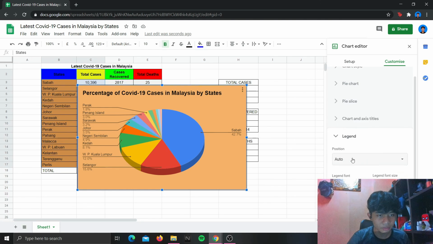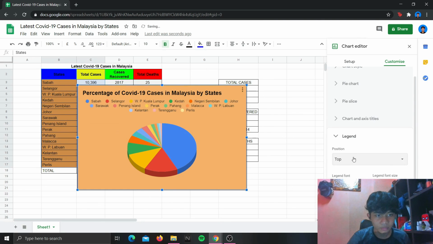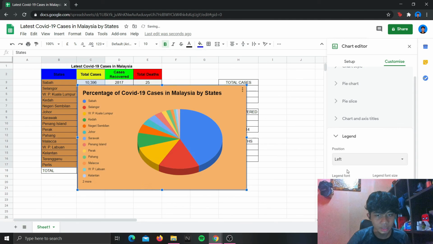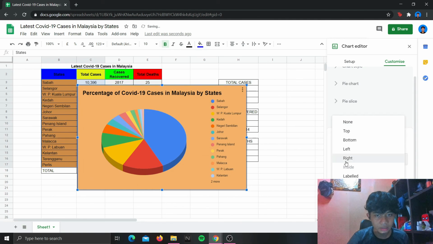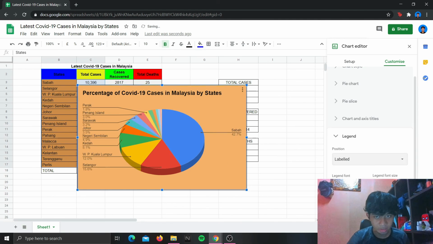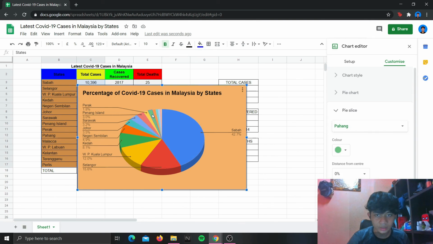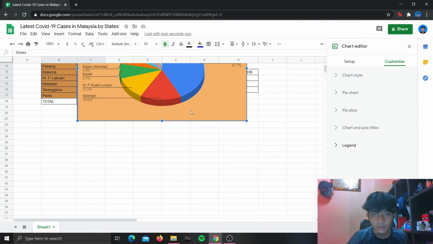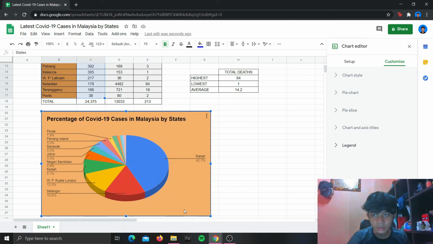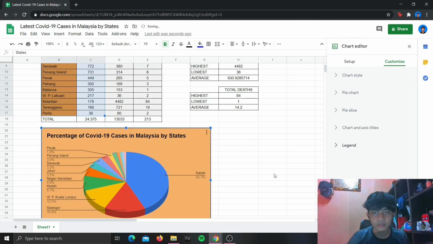For the legend, you can change the position, the top, bottom, left or right, or you can choose label chart. So I will choose label as it shows the percentage of every states, but the small states it will not show the percentage. Then we can adjust the position of our chart and